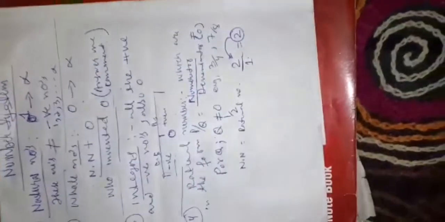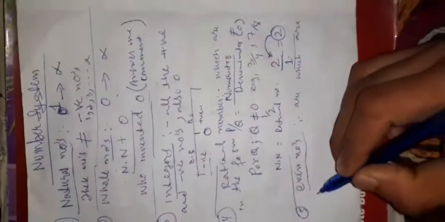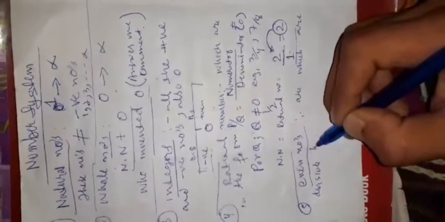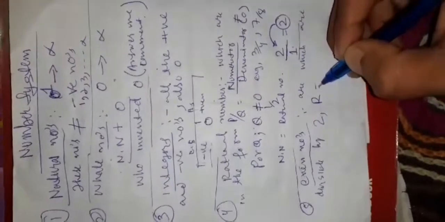Another type of numbers is even numbers. It's an easy topic, but from basics we need to start. Even numbers are those numbers which are divisible by 2, leaving behind remainder equal to 0. Got it? For example,